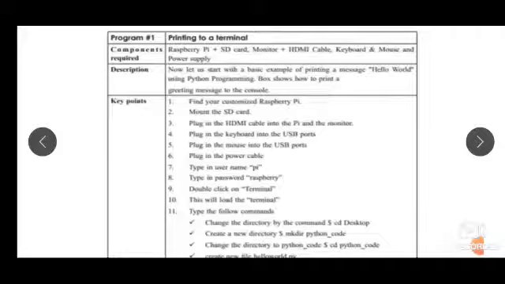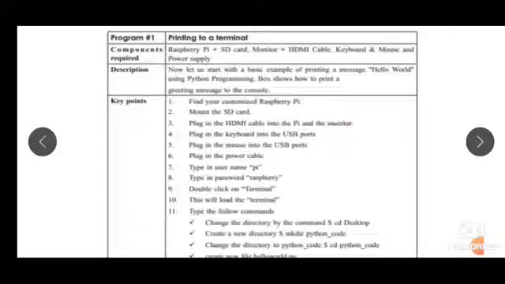Then the description goes like this. With a basic example of printing message hello world using Python programming. So how to write the programming, what are the steps we need to follow are like this, the key points. Find your customized Raspberry Pi, then mount the SD card which we have seen in the earlier class, right, formatting and mounting and all.